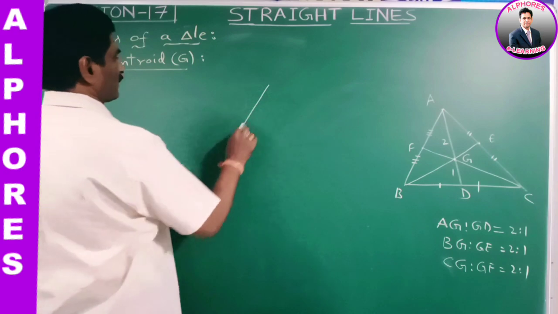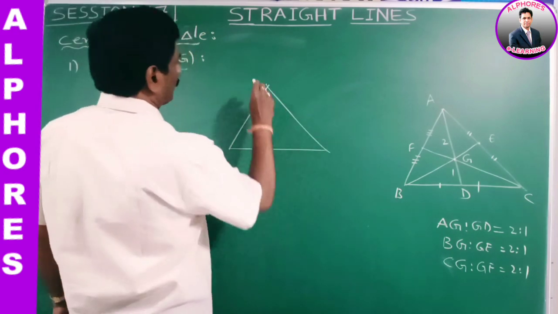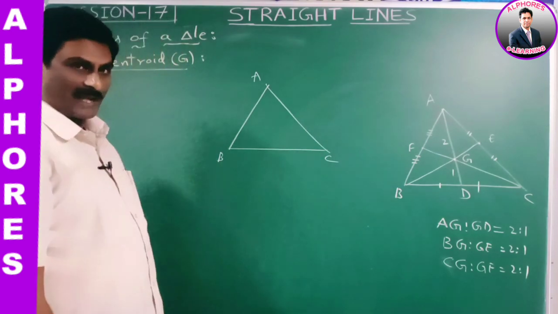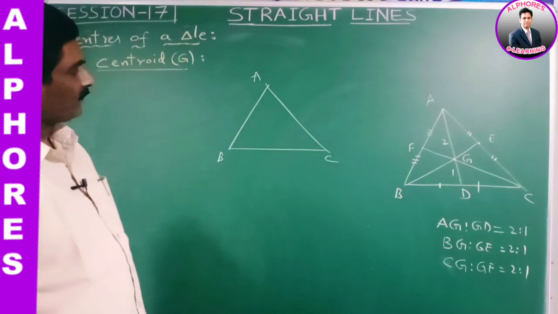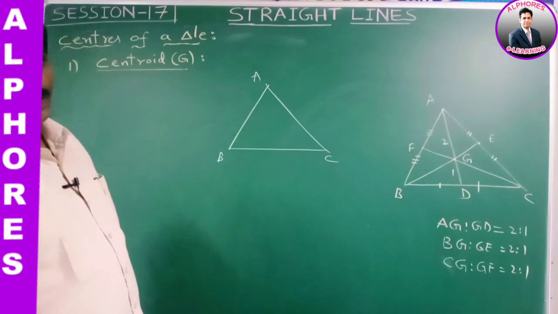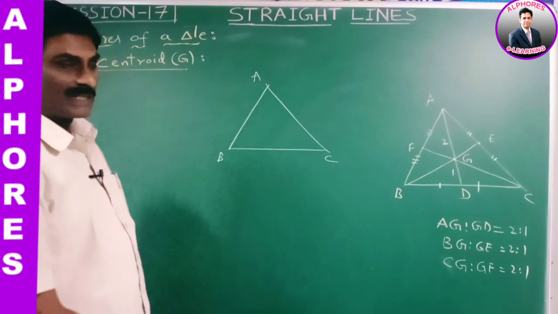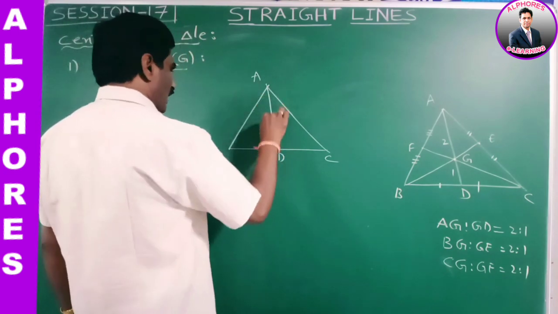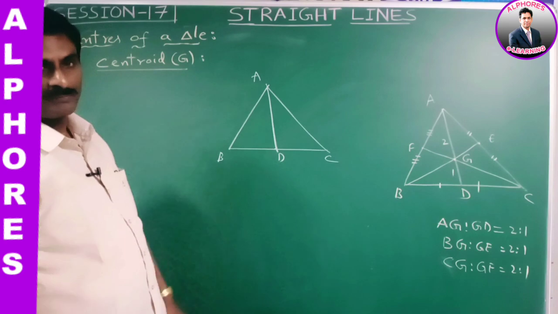Suppose A, B, C are three non-collinear points, then the figure formed by these three points is said to be a triangle. Okay. In this case, what is the median? The median is the line joining the vertex to the midpoint of the opposite side. Suppose the midpoint of BC is D, then AD is one of the medians, through A.